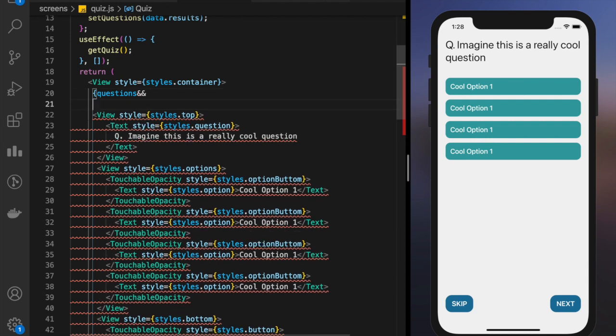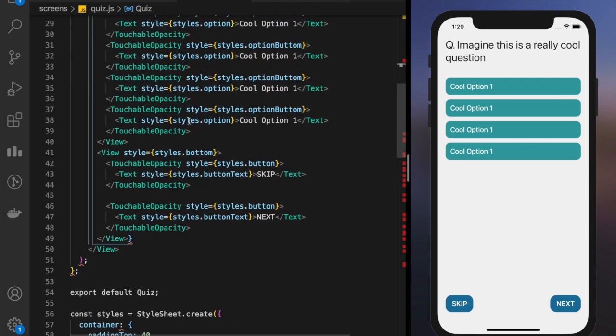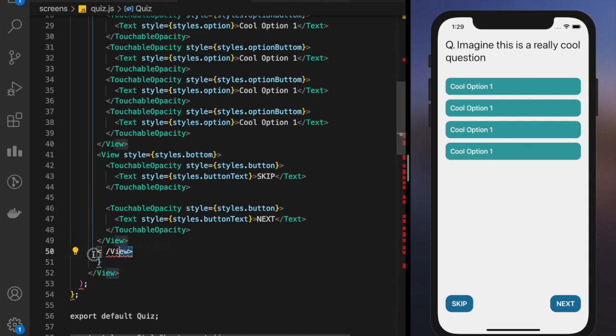So I just have to put it all in a view here and close this view here. Damn it.